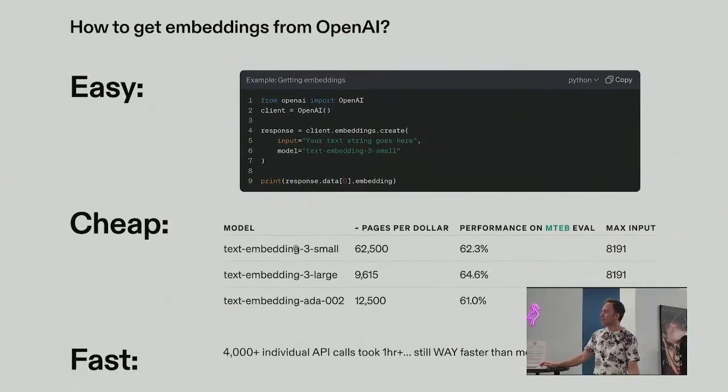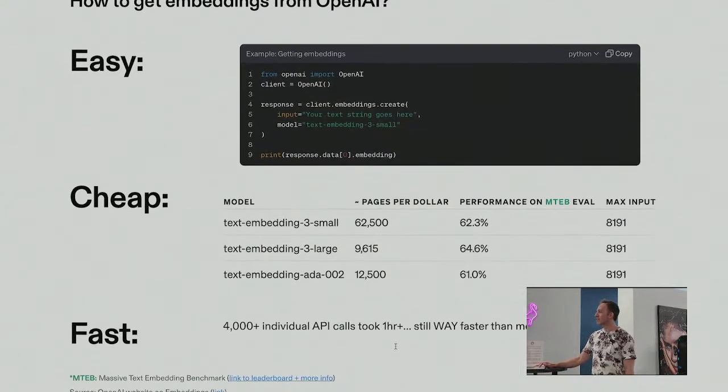Cheap. So here are examples of 3 models that OpenAI has for their embedding models: small, large, and kind of the older one. The price to get embeddings for 62,500 pages of text is $1. So it's very cheap. Fast, well, actually, you kind of have to do an individual API call for every single thing